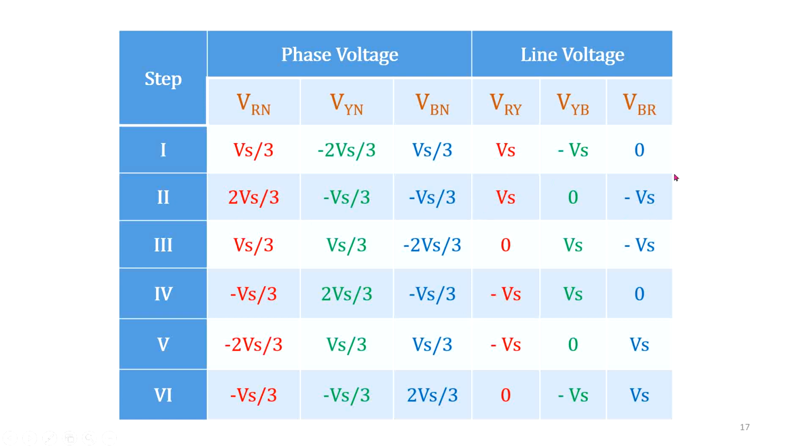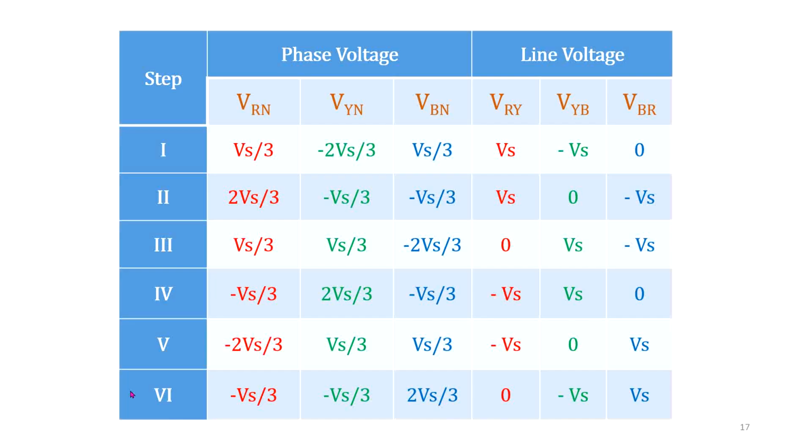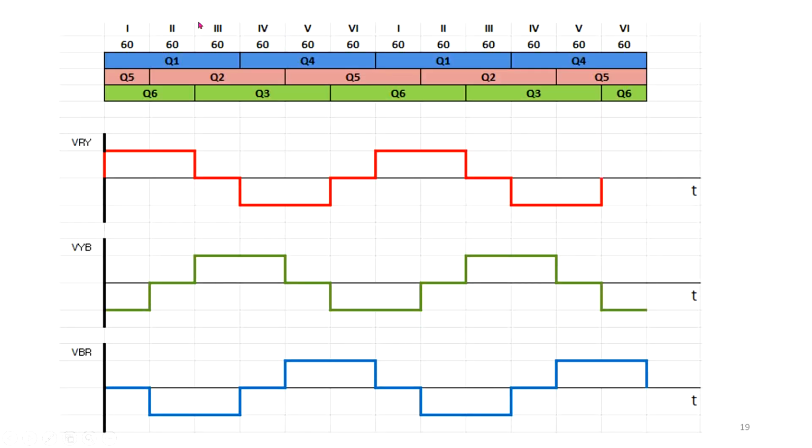R and Y is minus Vs. And Y, R so Vs, Y is Vs, and B is 0. And this is, you already know that Q1 or T1, whatever it is. And there is always a conduction of 60 degrees. You can see that if Q1 is conducting, you have R phase over there, and then for 60 degrees,